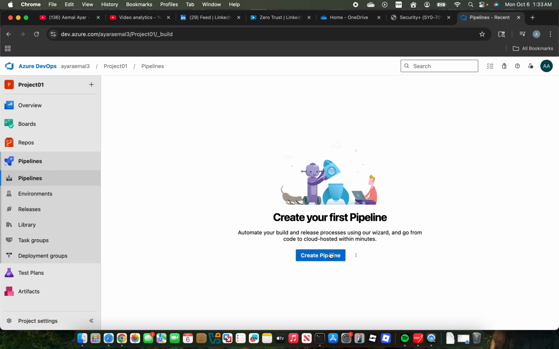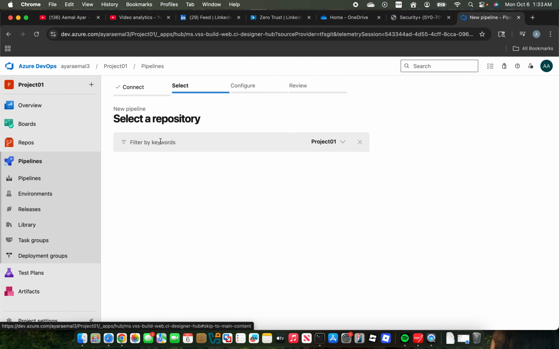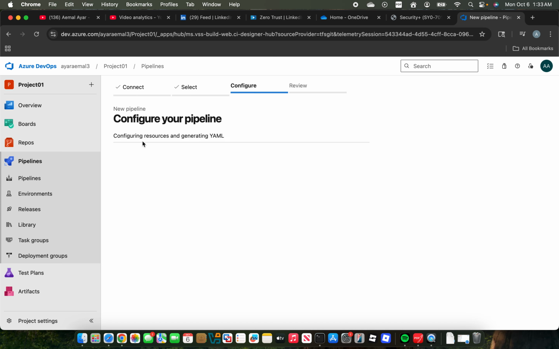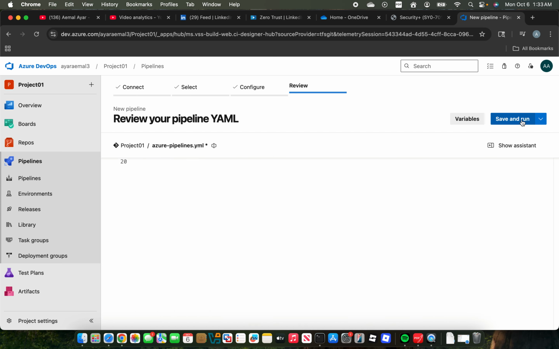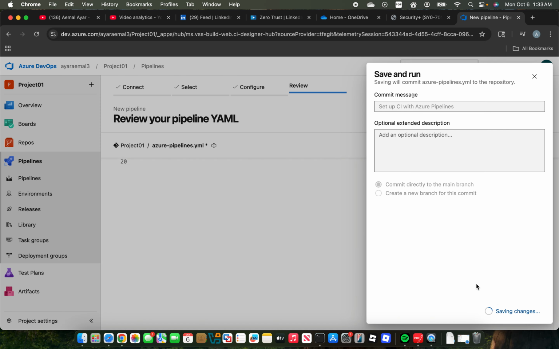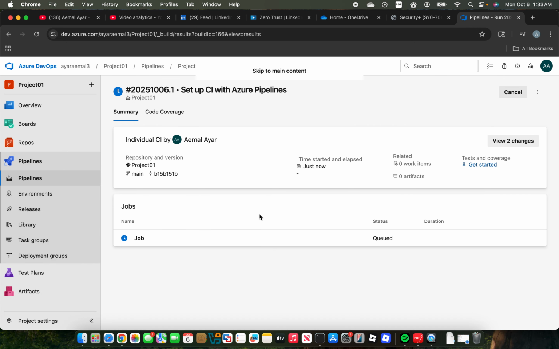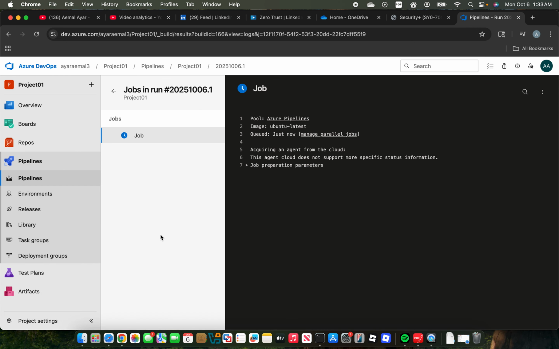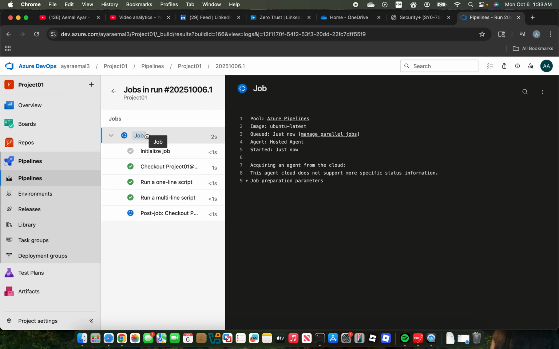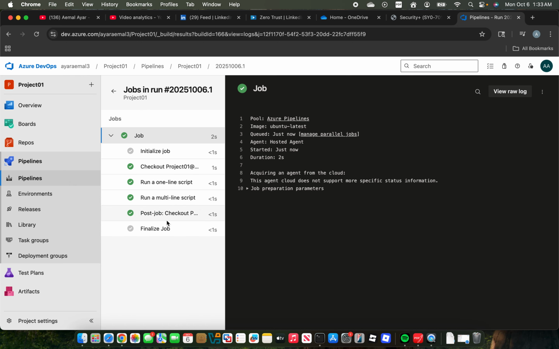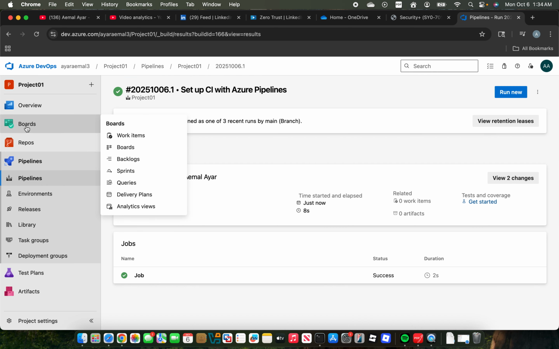I'm going to quickly create a pipeline. Click create. This is my pipeline. Okay, I will wait for the result to be finished. I quickly created a pipeline to see the result in the Azure